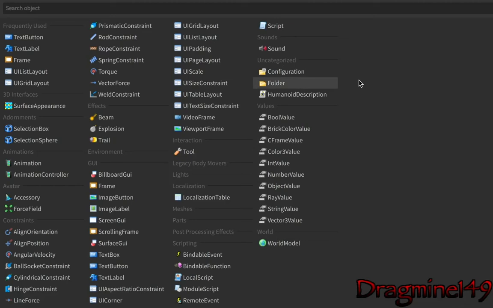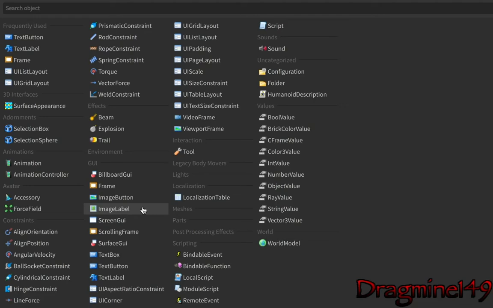I'm not going to cover them because this is a basic/advanced tutorial. I'm also not going to cover the video frame or the viewpoint frame, but I will cover all of these. So now I'm going to add an image button, image label, text button, and text label.